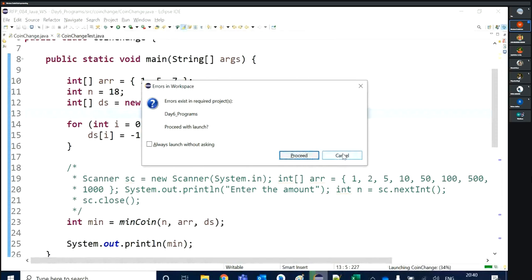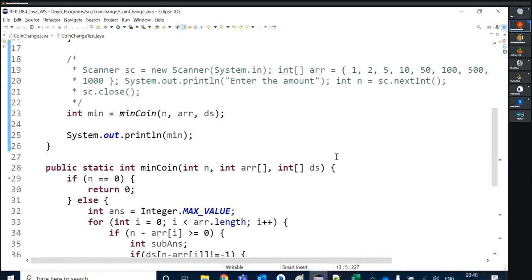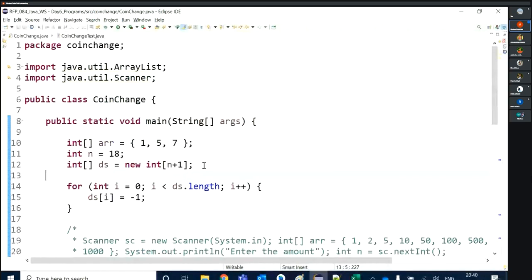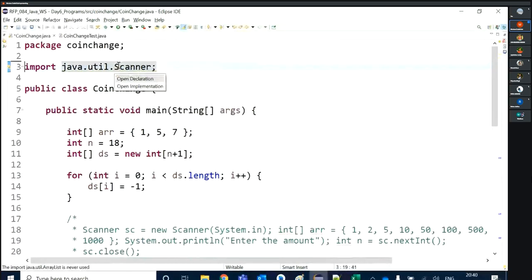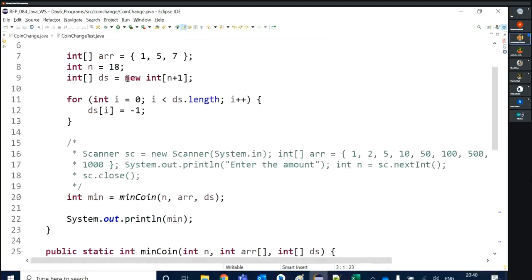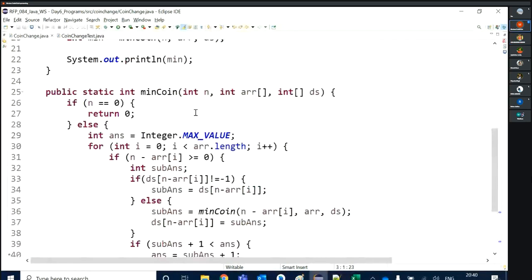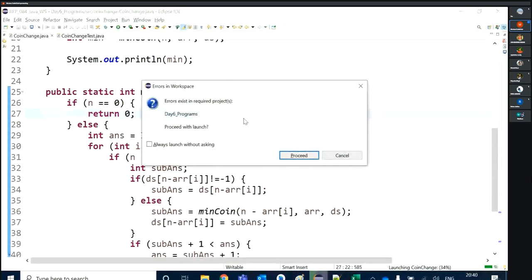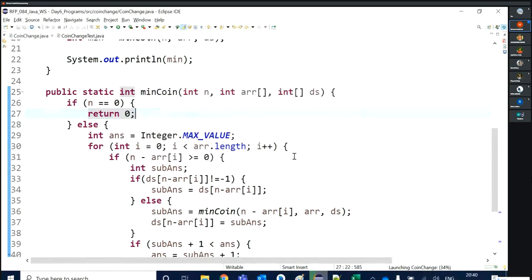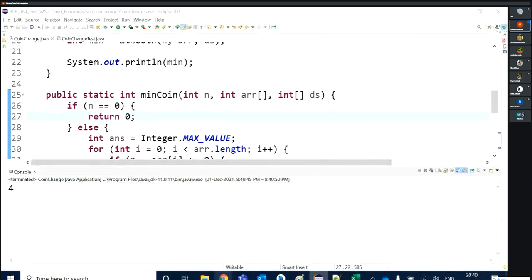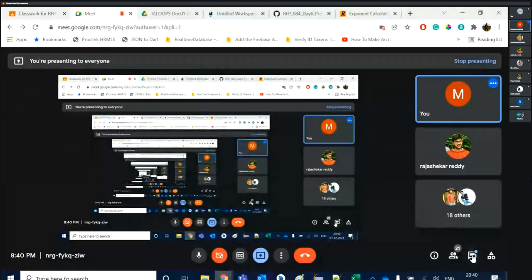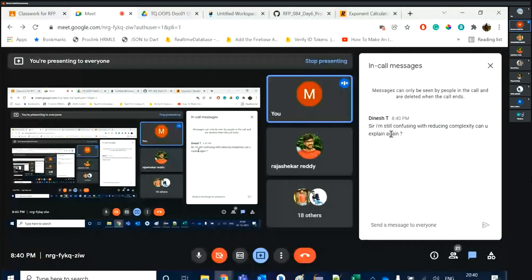It is coming, proceed with errors exist. Where is the error? Error is there. Sir, I'm still confused about reducing complexity.